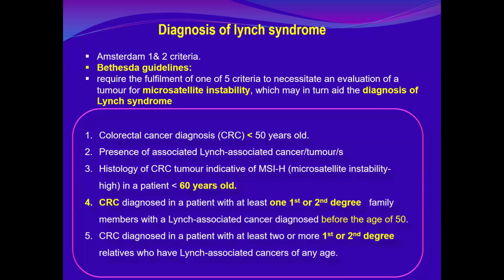They include colorectal cancer diagnosed under the age of 50, presence of associated Lynch syndrome cancers or tumors, histology of colorectal cancer indicative of microsatellite instability in a patient less than 60 years old,